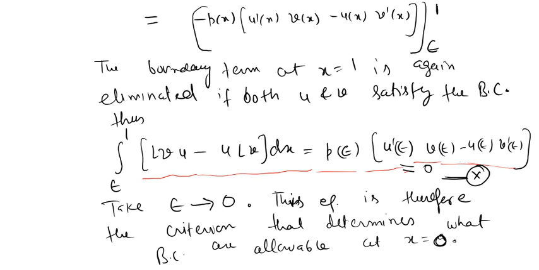So this is the one case when you have a singularity: you have to be more precise in writing the boundary condition to tackle the singularity. And the second case is when you have